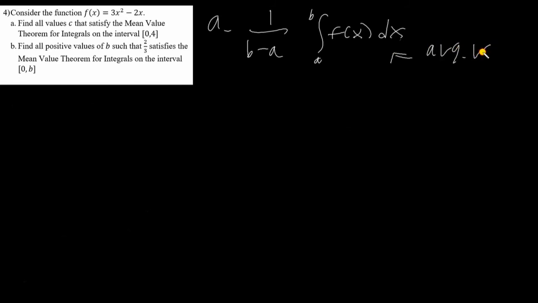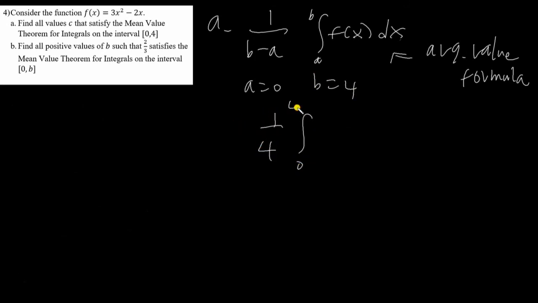So let's find the average value of f of x. So the average value of f of x is going to be 1 over b minus a times the integral from a to b of f of x dx. This is the average value formula. So I know since I'm going from 0 to 4, my a is 0 and my b is 4. So this is going to be 1 over 4 times the integral from 0 to 4. And then since my f of x is 3x squared minus 2x, I'm going to write,